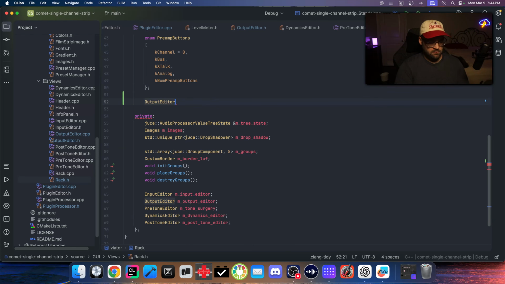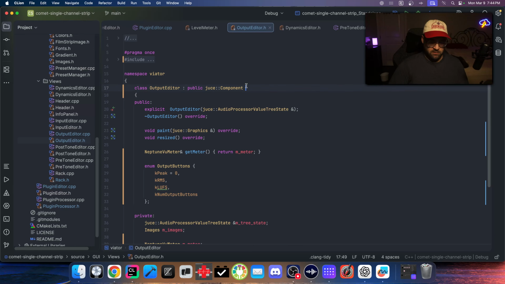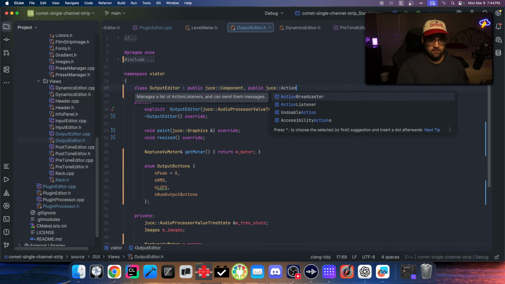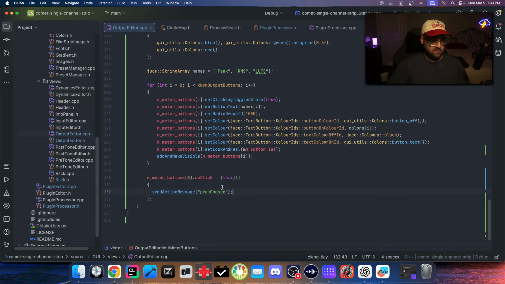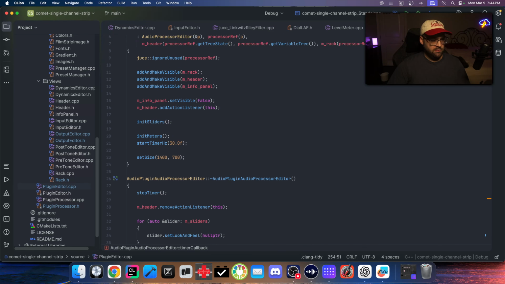So if I do this, yeah, get output editor, return output editor. Then what I could do is output editor. So it'll be a public component and then a public juce action broadcaster. So now that should be fine. And so peak chosen, then we could go into the editor and we could do something like